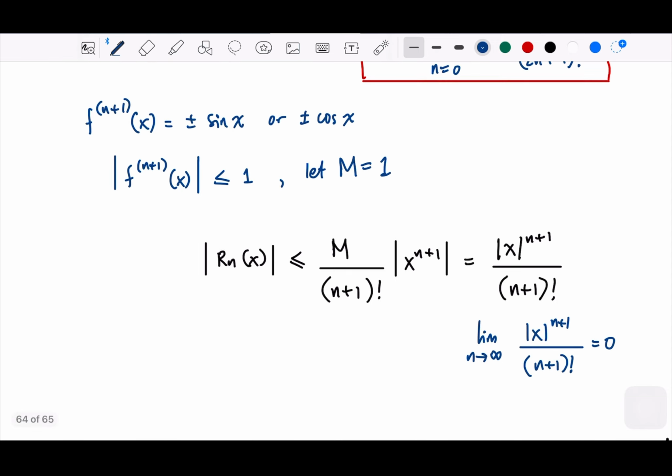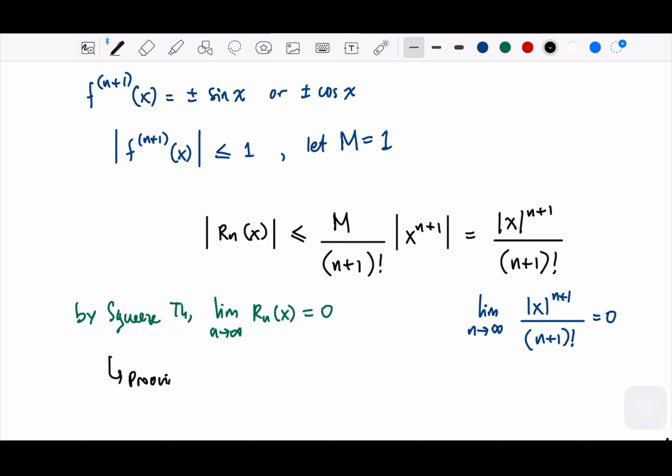And by the squeeze theorem, the limit as n gets larger of R_n(x) is also 0. So this is just to prove that the sum of its Maclaurin series is equal. Okay? So sine x,